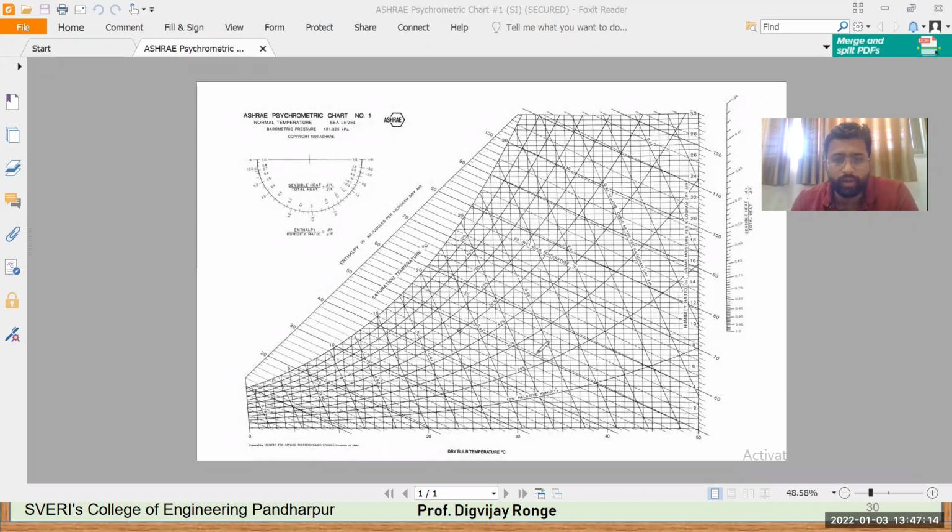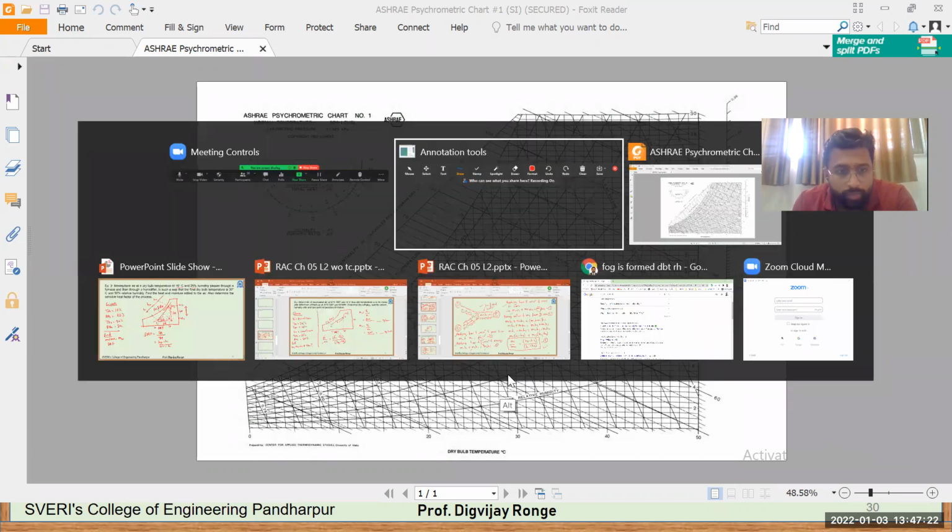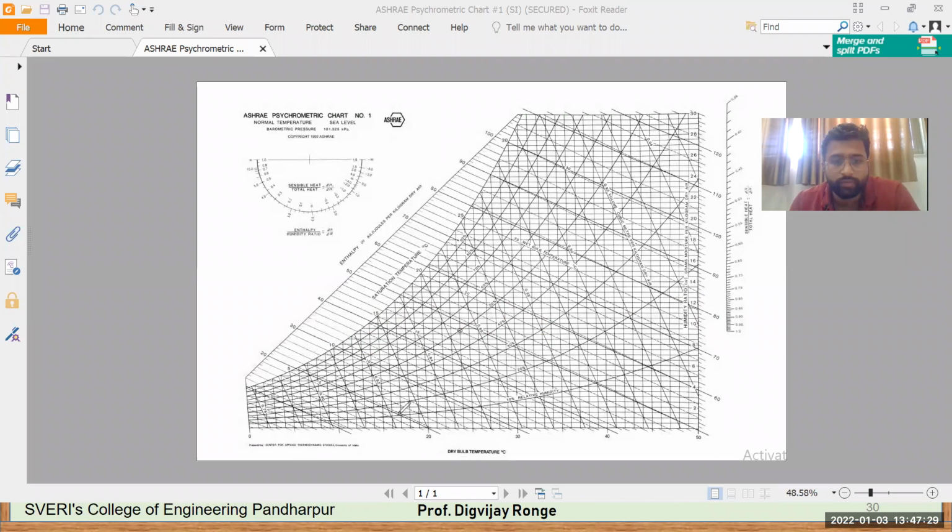So okay, initially the condition is 16 degrees Celsius wet bulb temperature. Okay, I hope I am correct. 16 and 25, and it reaches to 30 and 50. So I'll first point out 16 DBT. So here it is 10, here it is 15, here it will be 16, and 25% RH. So here it is 20, here it is 30. Between these two, there will be a point. Let us say this point. So here I get the point number 1.